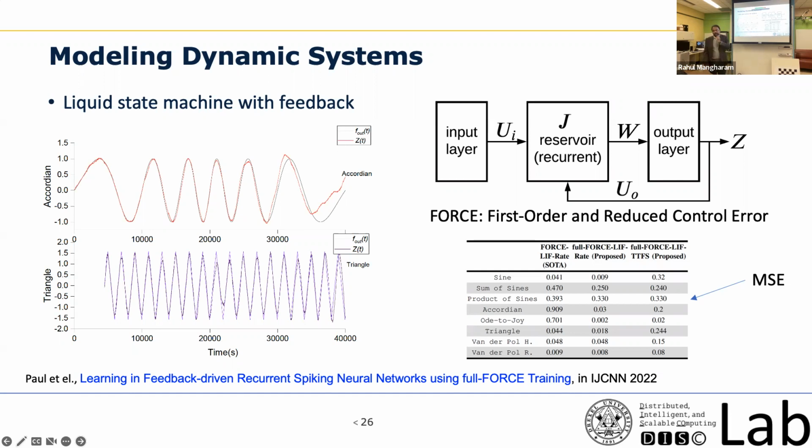Actually, the spike interval. We have a baseline interval. If the value is positive, then the spike interval is greater than that. If it is negative, it is less than that. Okay, got it. So you have to devise some kind of spike decoding mechanism. And the backpropagation is the hard part? There is no backpropagation. This is the algorithm we use. I will not have too much time to present this algorithm in detail, but you can look into the paper that we published this year in the International Joint Conference on Neural Networks on FORCE training.